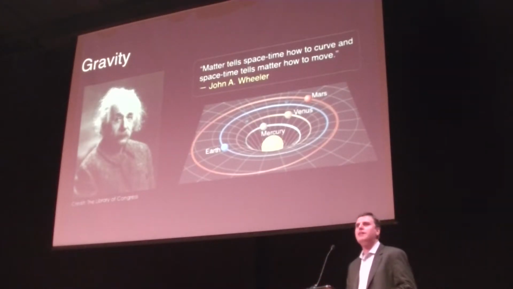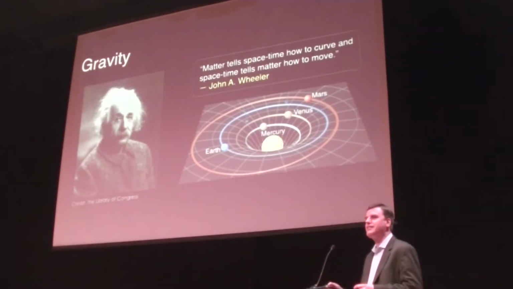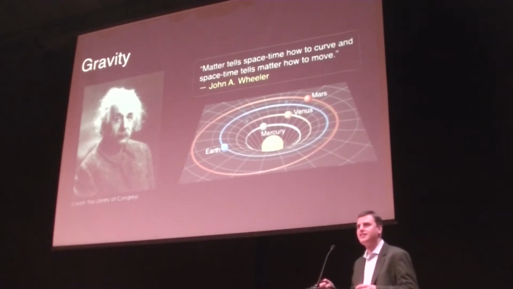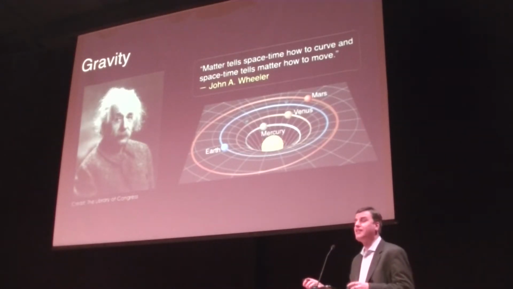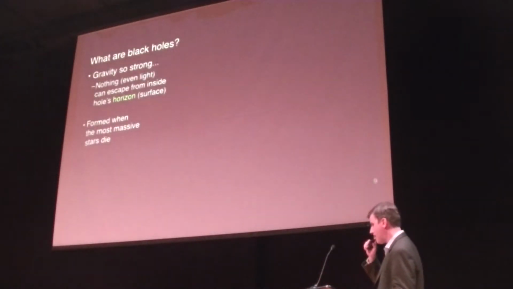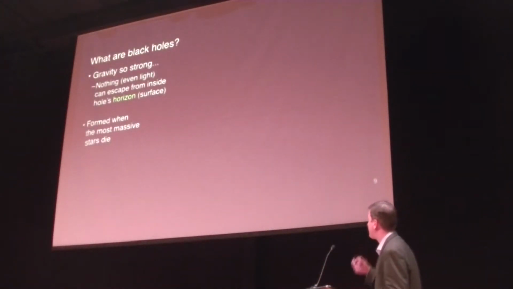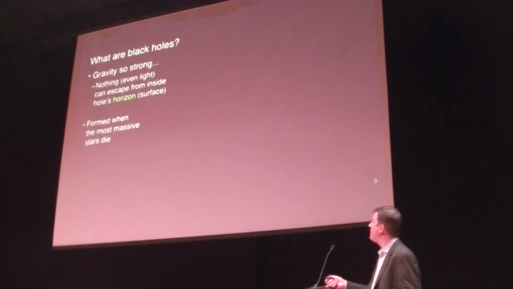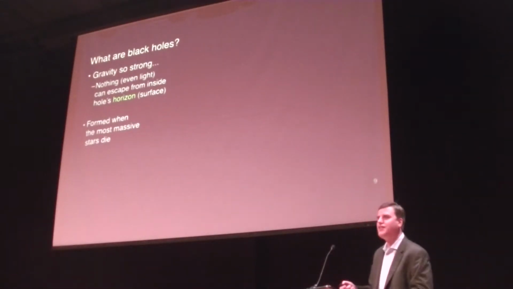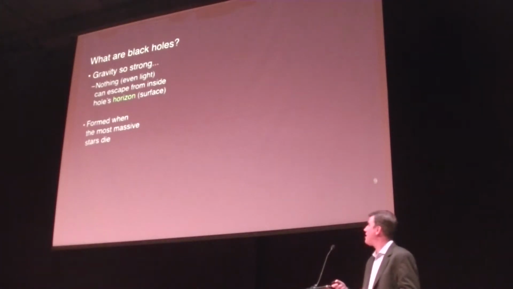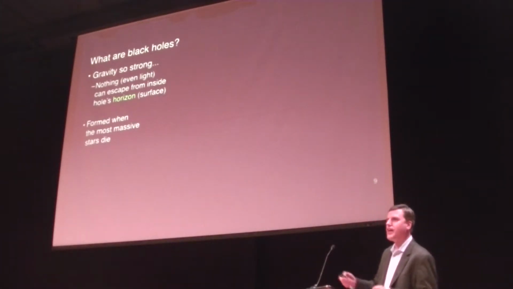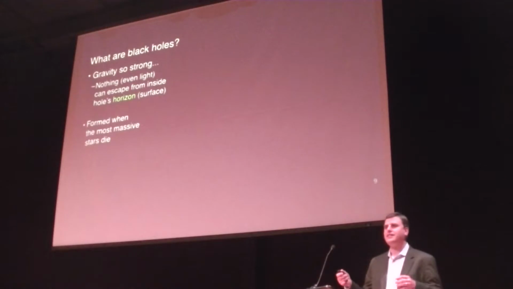Now, like Robin mentioned, gravity works the same outside a black hole at the same distance and the same mass as outside a star at the same distance and the same mass. So what actually makes a black hole is that gravity is so strong that it has this thing called a horizon. The horizon is the surface. That's the place where, if we're outside the horizon, gravity feels the same to us as at the same distance from